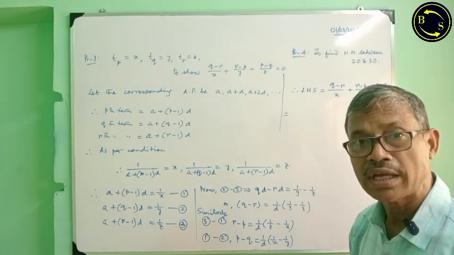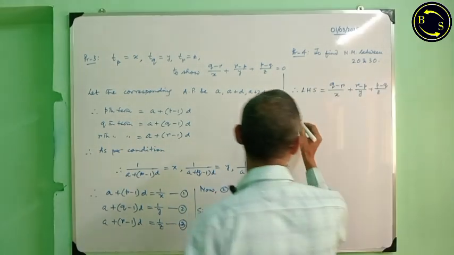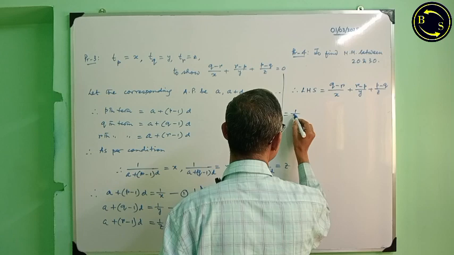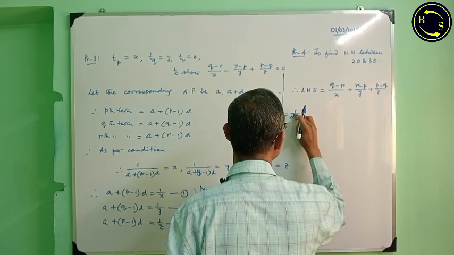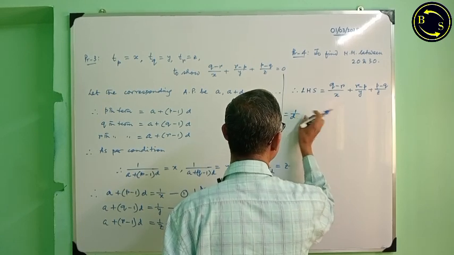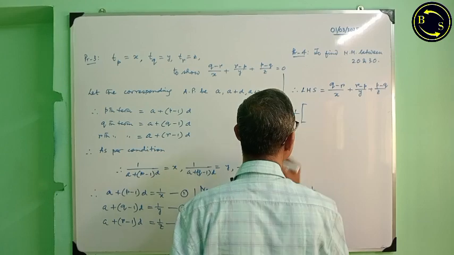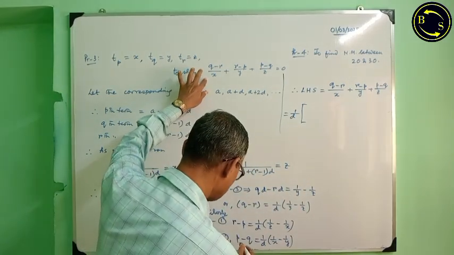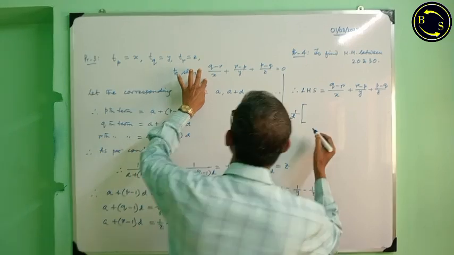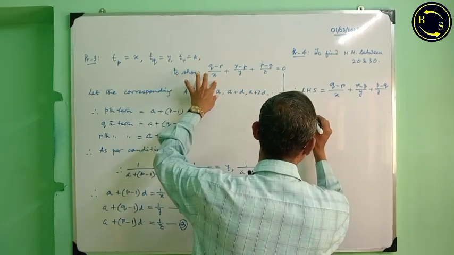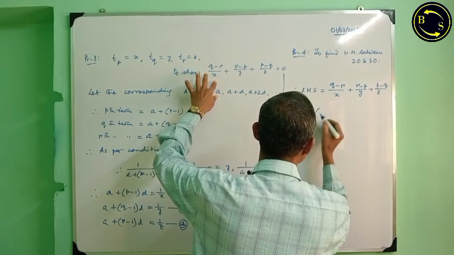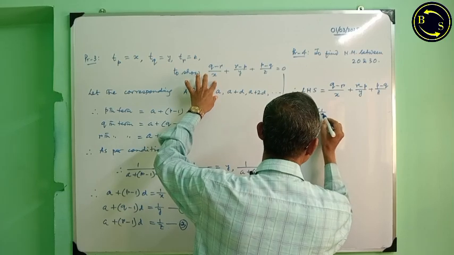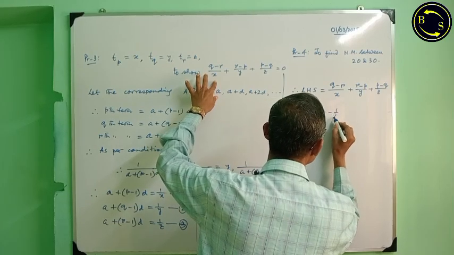That is why we take that outside. First, 1 by D, then I put third bracket, then for q minus r, and there is x, therefore 1 by x within brackets, 1 by y minus 1 by z